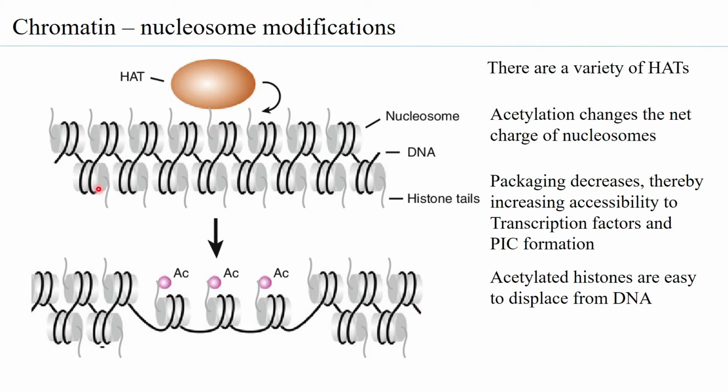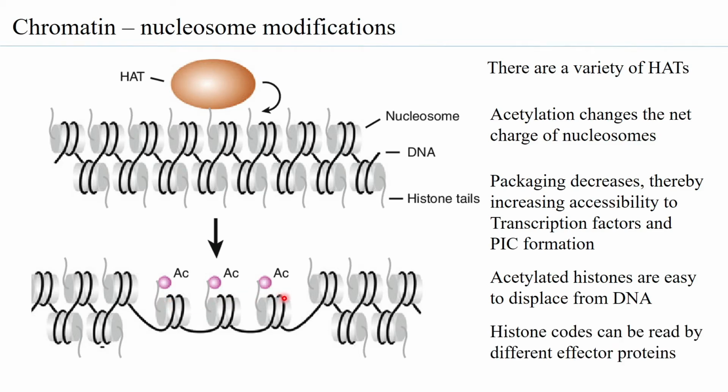As mentioned earlier, this modification is reversible. If you have an HDAC, that is histone deacetylase, coming and binding and removing the acetyl groups, then again what is going to happen is a less condensed region will become condensed again. Why? Because the lysine will get back its positive charge, and when it is highly positively charged, the wrapping of the DNA around it will become stronger, and therefore it will become more condensed.